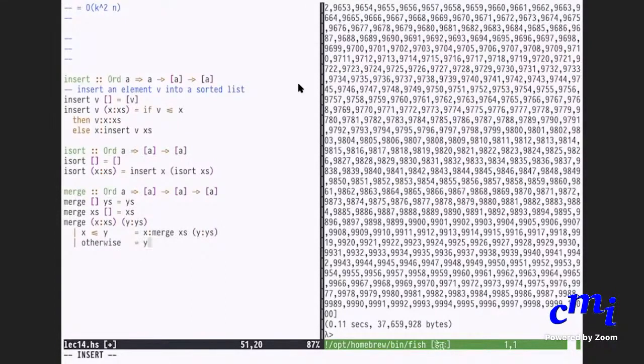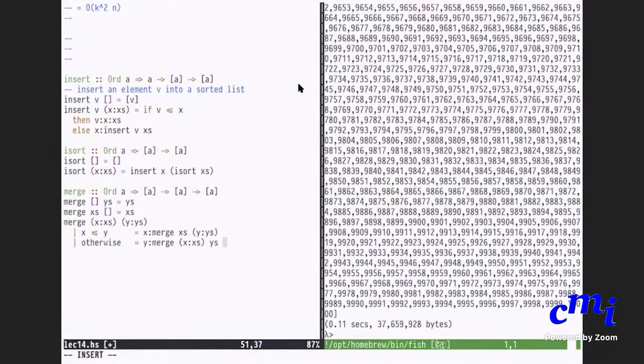Exactly. Else, y is the first element. And then you merge x colon x's with y colon y's. Because every one of these elements in x colon x's and y colon y's should end up in the final list, you have done whatever you need to do. Yes, that's it.